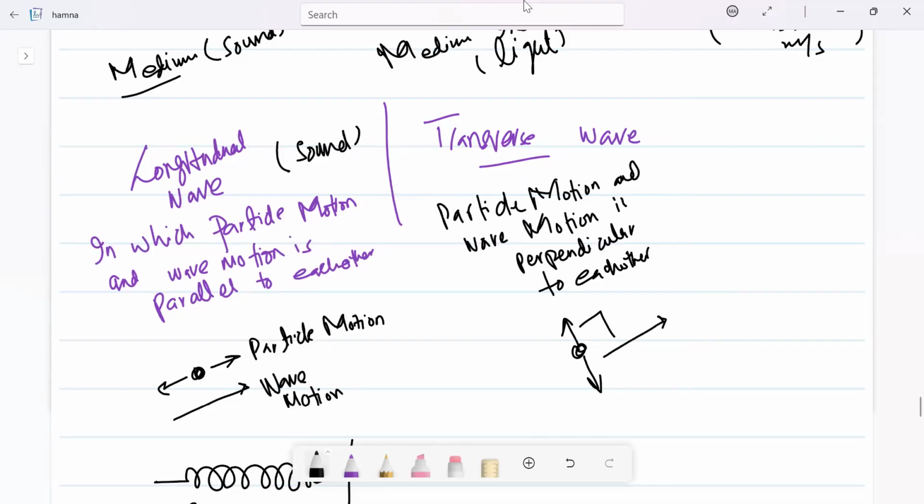so they would be at 90 degrees to each other। इसकी example किस तरीके से है, कि if I have a rope fixed at one end, अगर मैं इसको jerk देता हूँ suddenly, which type of wave would I observe, it would move like this। So particle motion is up and down and wave is traveling in this direction, so they are at 90 degrees to each other। ट्रांसवर्स की एग्जांपल क्या थी हमने, Light. लाइट।